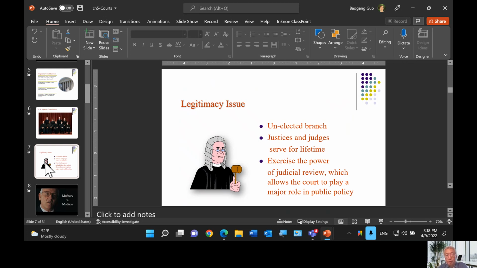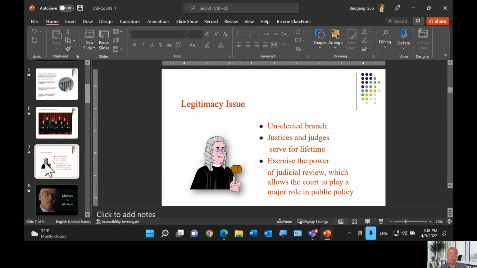So judges and justices don't have to seek public approval in deciding cases. They basically guard the Constitution. Whether their decisions are popular or unpopular is not a concern for them. For them, guarding the true meaning of the Constitution is their number one job.